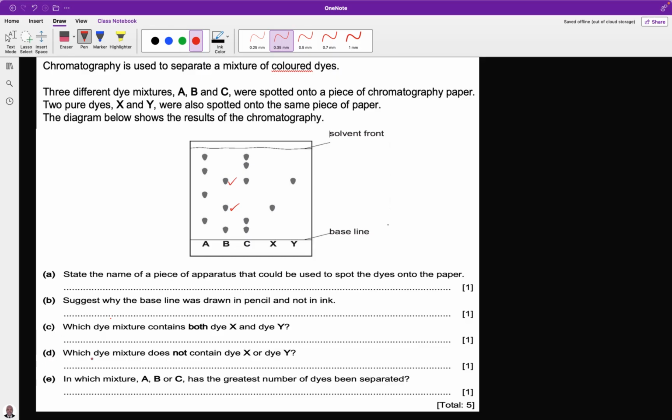Question D. Which dye mixture does not contain dye X or dye Y? Look critically. B contains, yep. For question number D, which dye mixture does not contain X or dye Y? Does not contain. You will see that